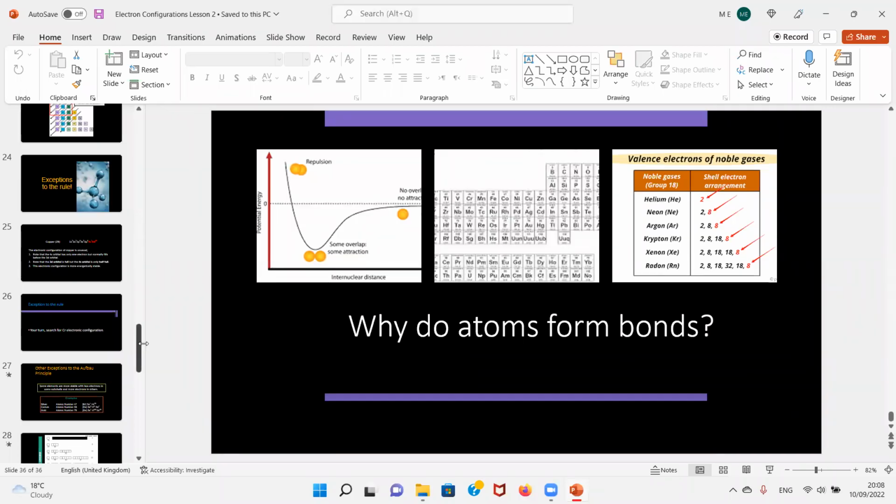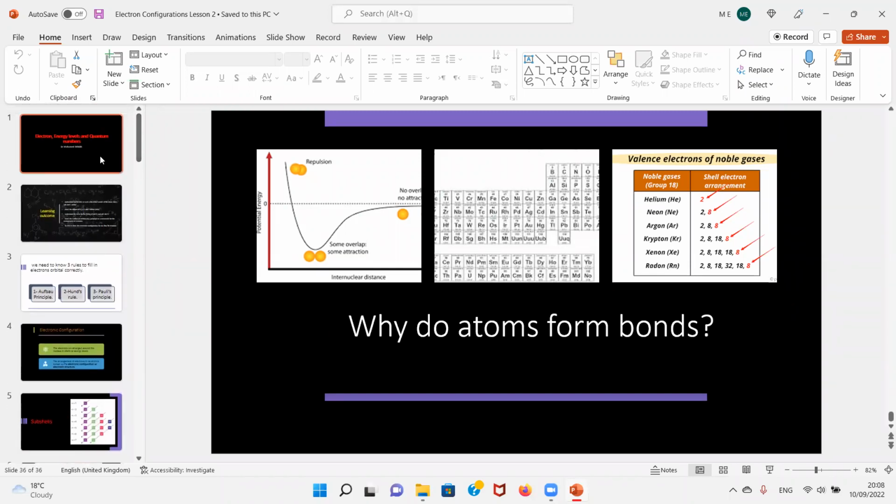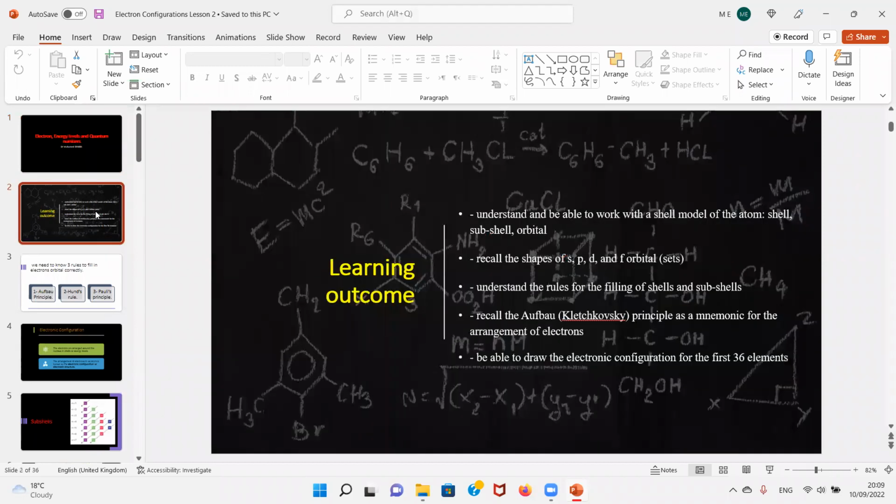So welcome to this second session on electronic configuration. But before we continue on, I would like to go over a quick revision on what we did last time. So last time, basically, we were looking at the construction of the atom, and the atom basically we said